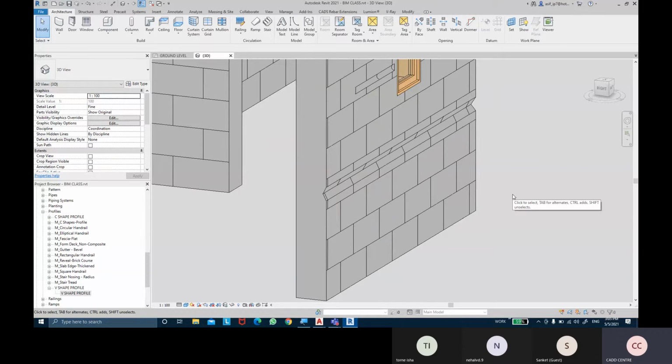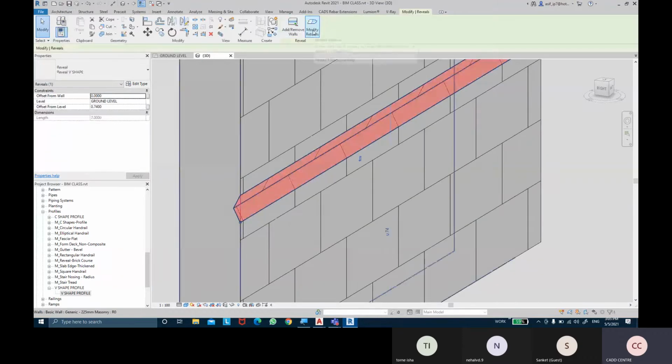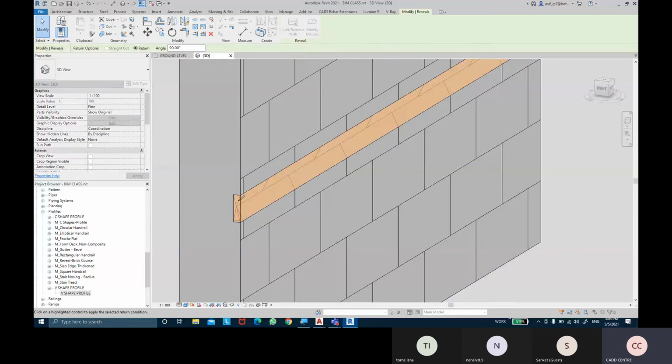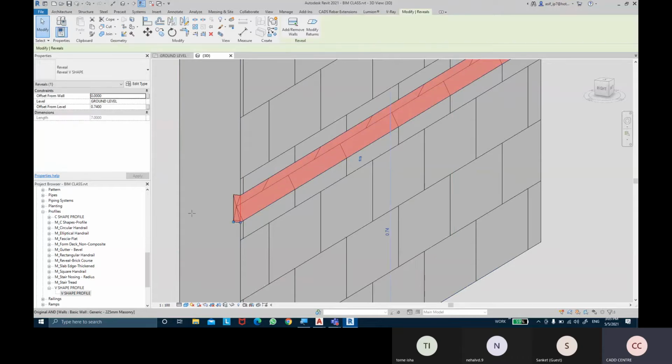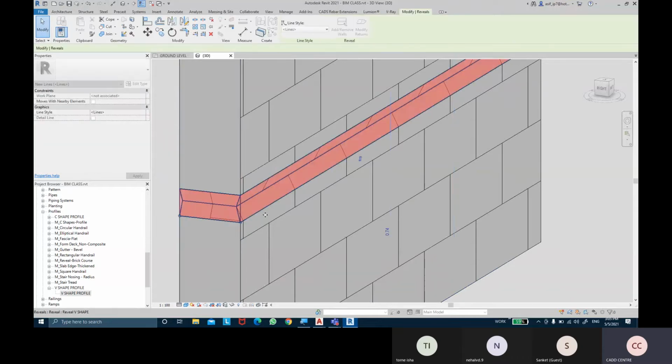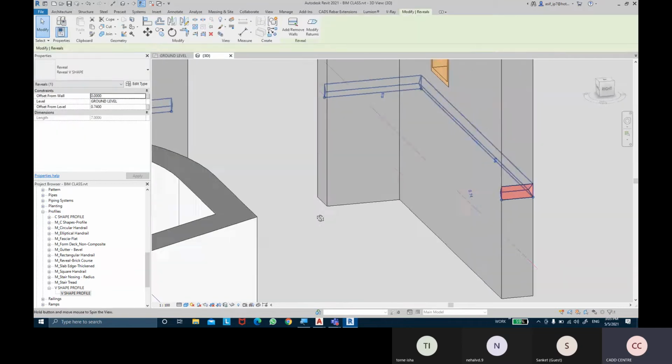Okay, with our profile designs and shapes, we can select this reveal, we can take modify returns, and then I can drag this dot point to the end of that face. It's gonna cut it through all the way.